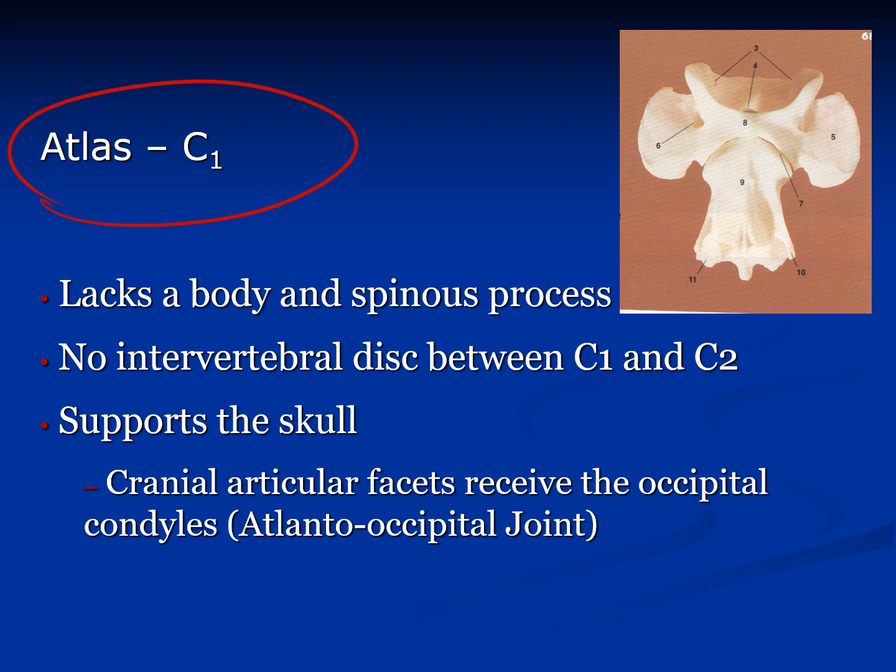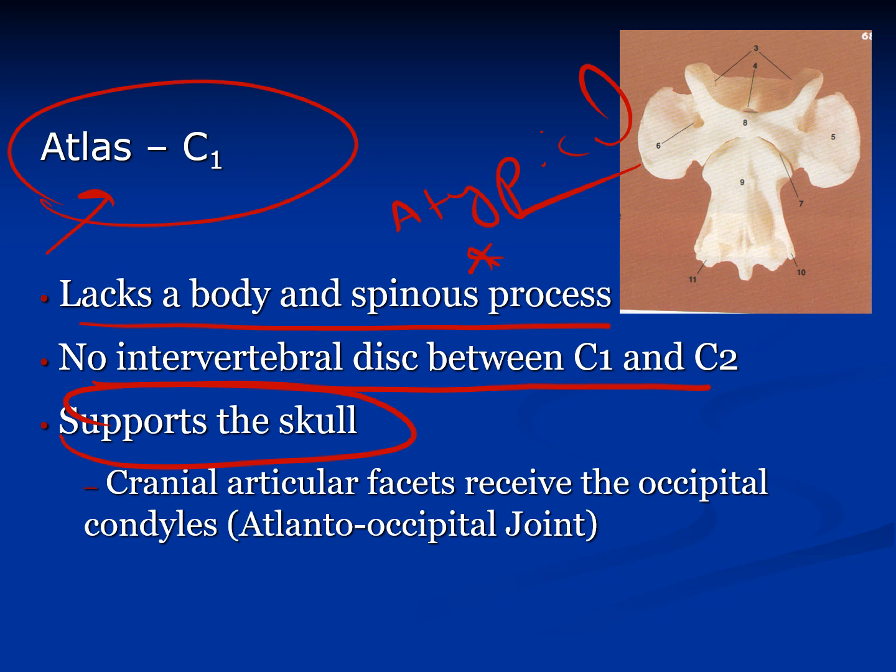So the first one, which is the C1, has another name, the atlas. You can see here that it lacks the body and the spinous process, so that's why they are considered atypical, because they have neither the body nor the spinous process. The second thing, there is no intervertebral disc between the C1 and C2. The most important function of the C1 is to support the skull and form a joint between the vertebral column and the skull through the occipital bone, and this joint is the atlanto-occipital joint between the atlas and the occipital